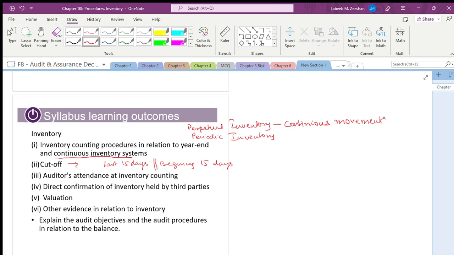Cutoff is nothing but you have to be very, very stringent whenever you are talking about 31st December. It means you should not take it in the next year. That's why we are very much concerned about opening balance and very much concerned about closing balance. You see the closing balance. Closing balance will never be given in the trial balance. Is it right? Closing balance will never be given in the trial balance. Closing balance is always given in where? It will always be given in the